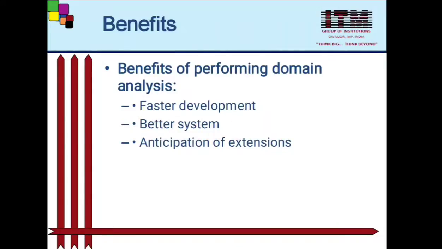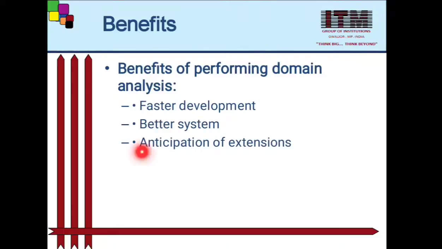The next one is a better system. In this case, knowing the subset of the domain will help us ensure that the solution we adopt will more effectively solve the customer's problem, and we will make fewer mistakes, and we will know which procedures and standards to follow. The analysis will give you a global picture of the domain of application. This will lead to better abstraction and hence improved design.